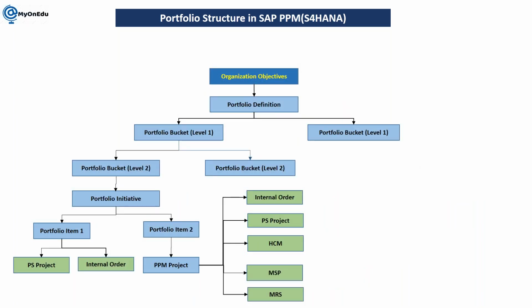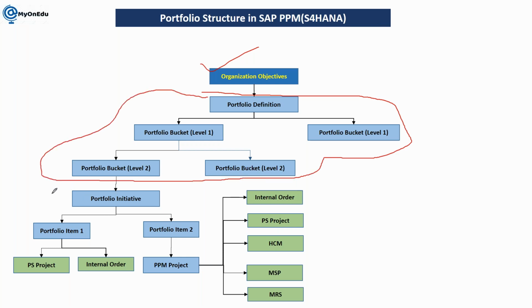This is a complete portfolio structure in SAP PPM. So here you will have organization objectives. This is the portfolio structure in the form of portfolio definition and bucket. Here you will see one portfolio initiative, that is a proposal. Once the portfolio initiative is approved, then to fulfill that portfolio proposal, you may require to